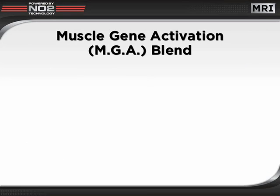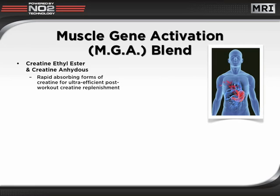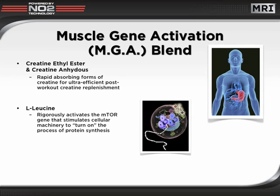Some of the most incredible power of NO2 Charger lies in the muscle gene activation blend. This blend delivers an effective dose of creatine ethyl ester and creatine anhydrous, two rapidly absorbing compounds for ultra-efficient creatine replenishment. Where things get really exciting is how the muscle gene activation blend works to trigger new protein production. L-leucine rigorously activates the mTOR gene. mTOR stands for mammalian target of rapamycin, a powerful signaling agent that triggers cellular machinery to turn on the process